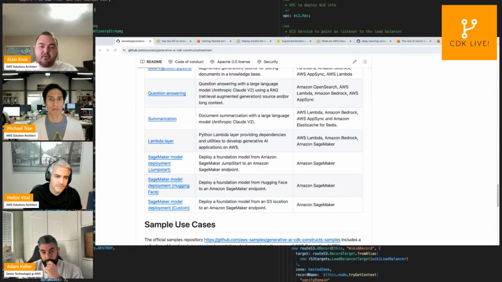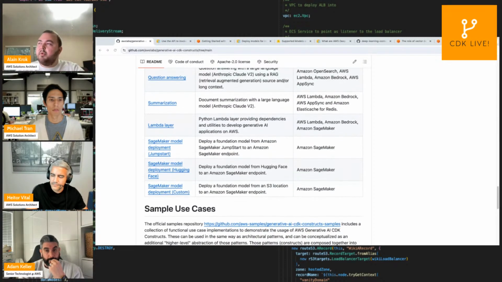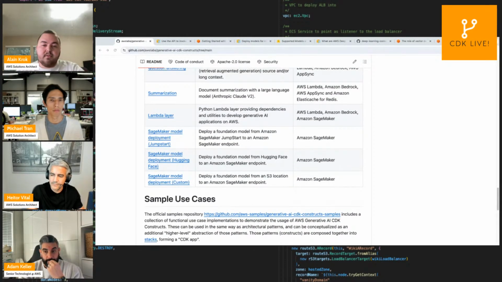And finally, the third layer is the infrastructure for foundation model training and inference. So the lower you go, the more flexibility you have, but the more expertise is usually required to build applications. If we need to deploy a model that's not available, for instance, on Amazon Bedrock, we can use